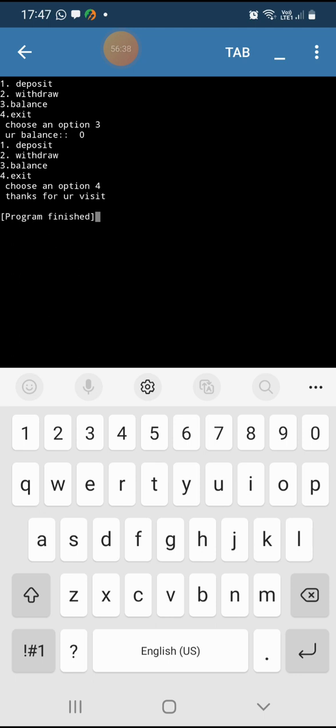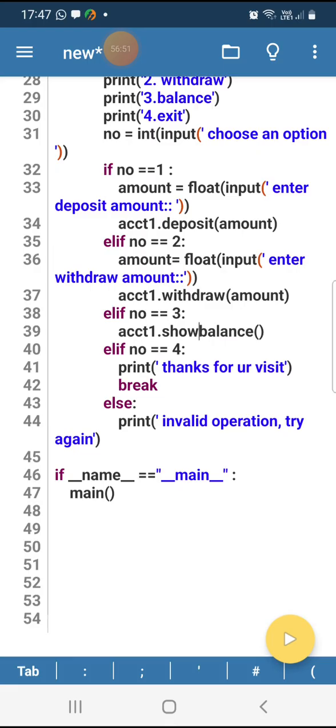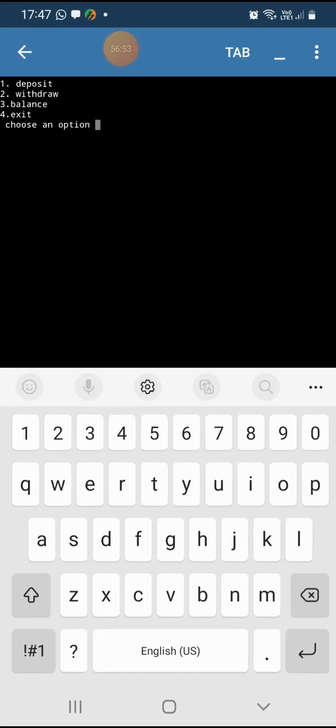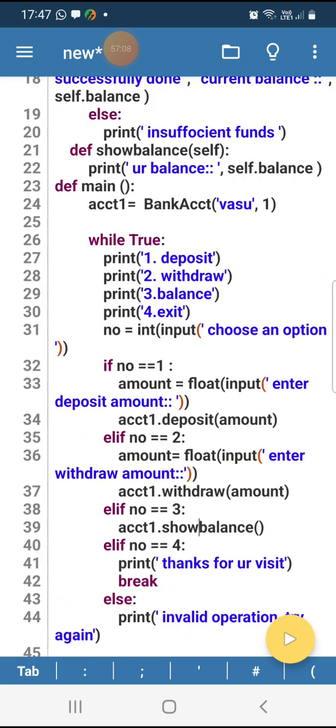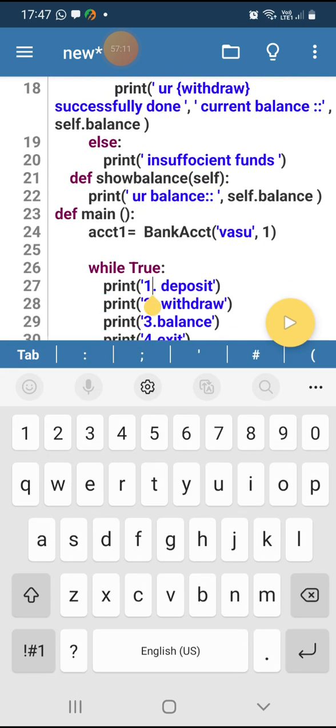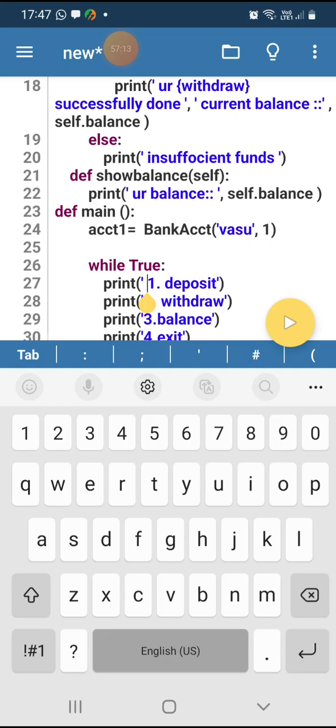So whenever I have entered 4, which means exit, it shows the message thanks for your visit. Okay, if I give any option which is not in the list, like 6, it shows invalid operation, try again. So whatever options are within the list, they will be executed only. That is a very interesting program to simulate